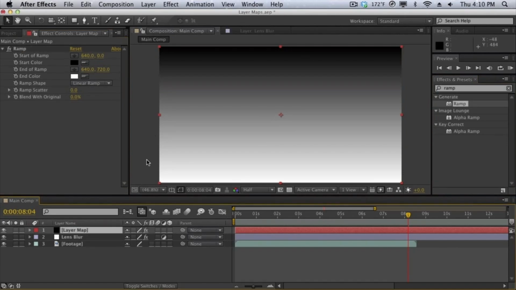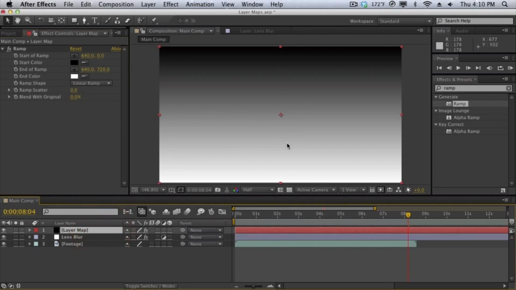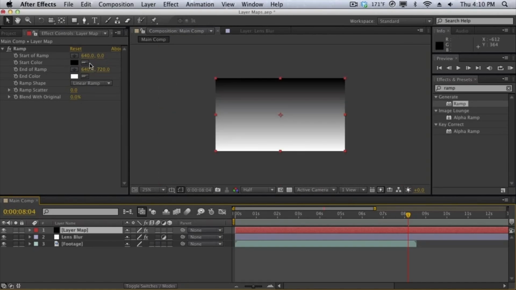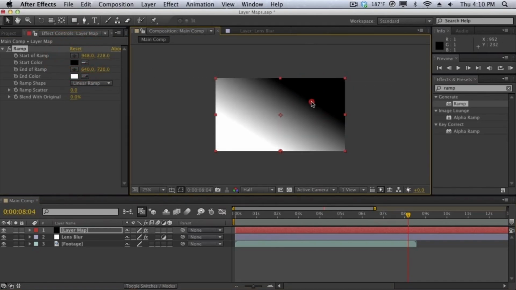Remember before, our lens blur map is set to the luminance channel. That means whatever is white, which is the luminance, is going to be blurred, and whatever is not white is not going to be blurred. So looking at this layer map, the black areas, which is the top here, are not going to be blurred, and the white areas here are going to be blurred. Let me just adjust this a little bit. Let me set the black areas to right here, and then I'll set the white areas